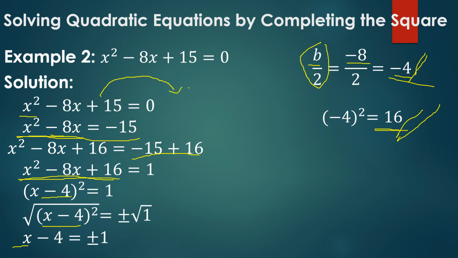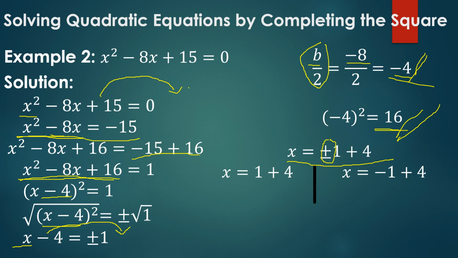For us to find the value of x, we have to isolate it on one side of the equation. Therefore, we are going to transpose negative 4 to the other side of the equation. So we have x is equal to positive and negative 1 plus 4. And then by separating the positive and negative 1, we have x is equal to positive 1 plus 4 and x is equal to negative 1 plus 4. By simplifying 1 plus 4, we have x is equal to 5, and then negative 1 plus 4, we have,